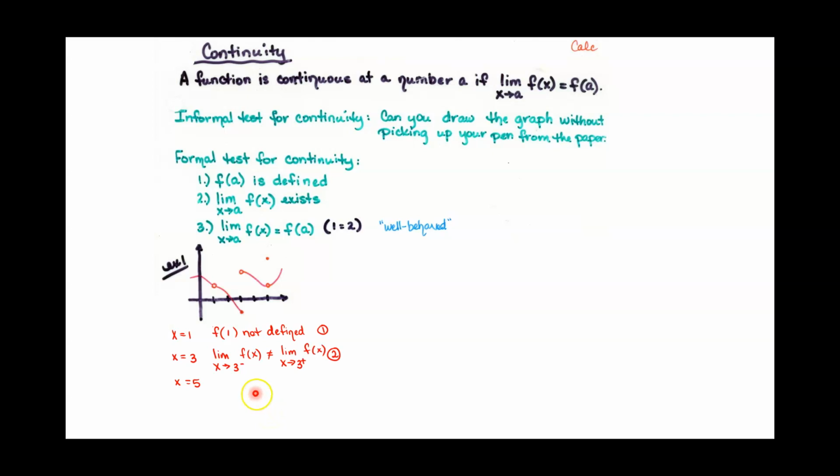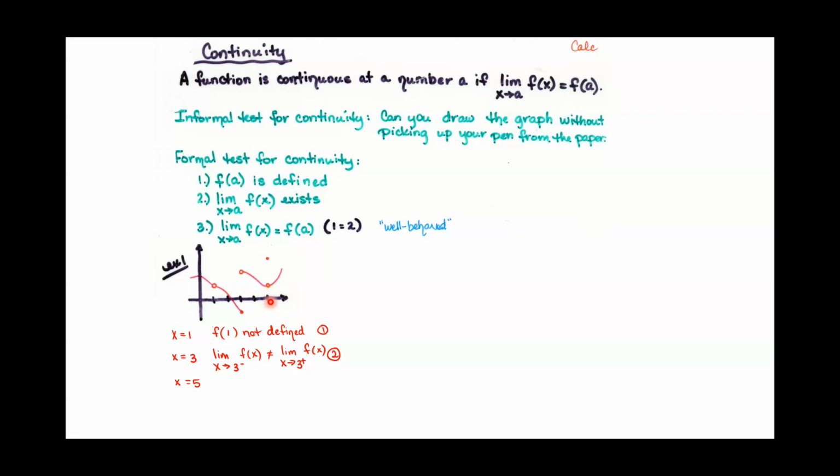And the way that we can write that is we can say the limit as x approaches 3 from the left for the function does not equal the limit as x approaches 3 from the right of the function. All right, and then the last value, number 5, x is equal to 5,